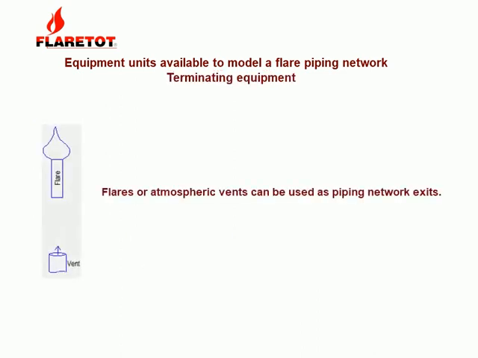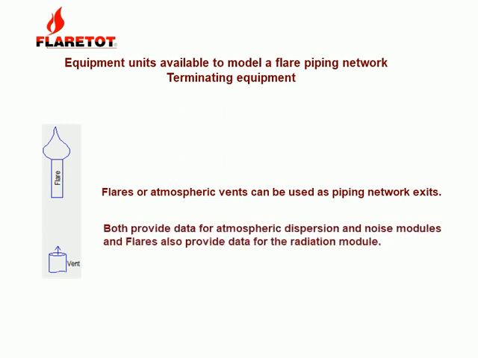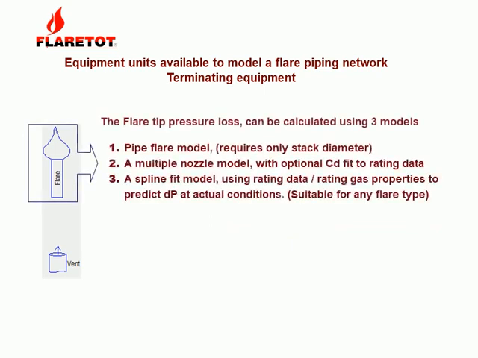Finally, either flares or atmospheric vents can be used as piping network exits. Data from both these units is linked to the atmospheric dispersion and noise modules, and in addition, flares provide data for the radiation module. The flare tip pressure loss can be calculated using one of three models: a basic pipe